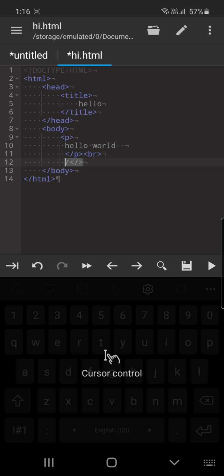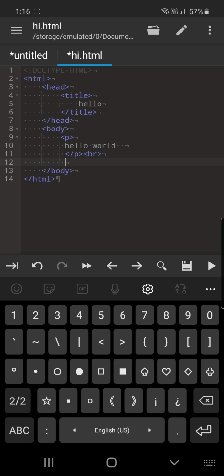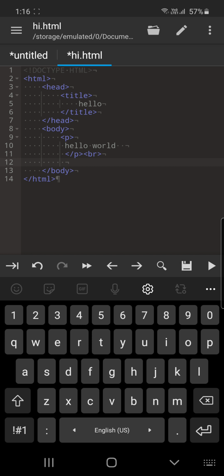So you do not need to type out the end syntax basically. You just need to type out only one BR in the starting, because if you type out one ending tag, that will be invalid because it does not need an ending tag.